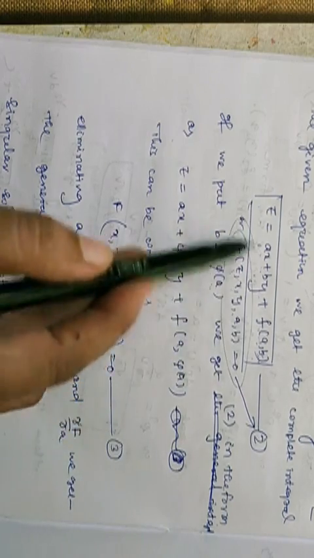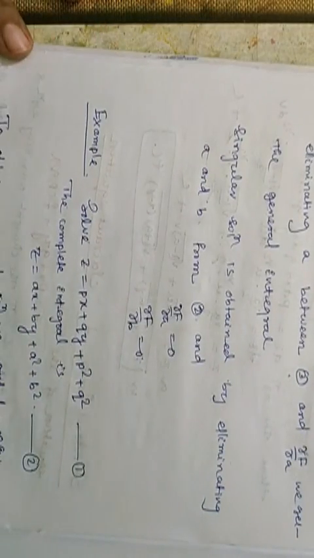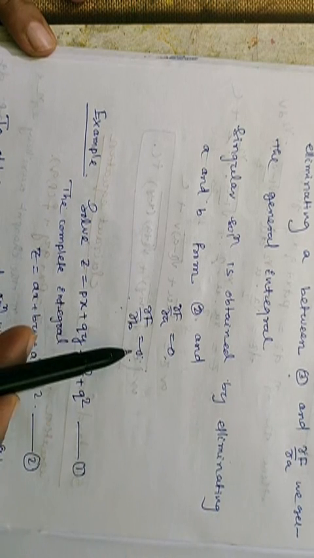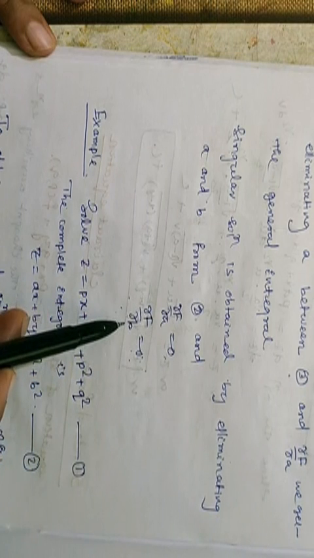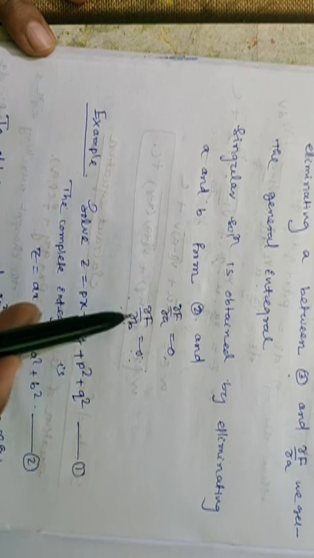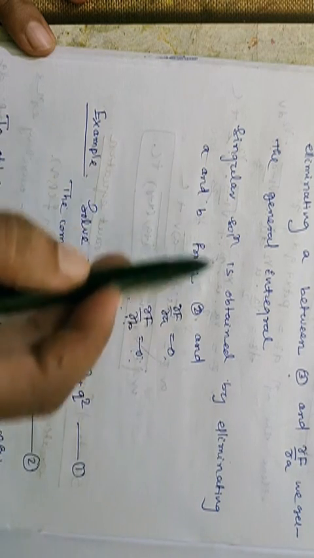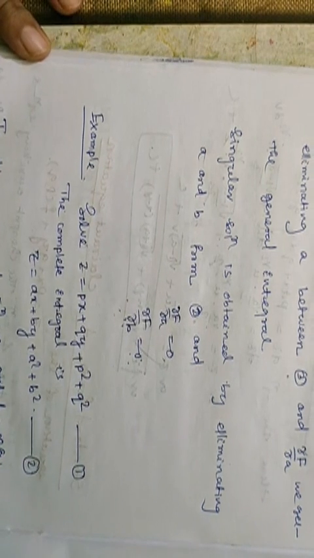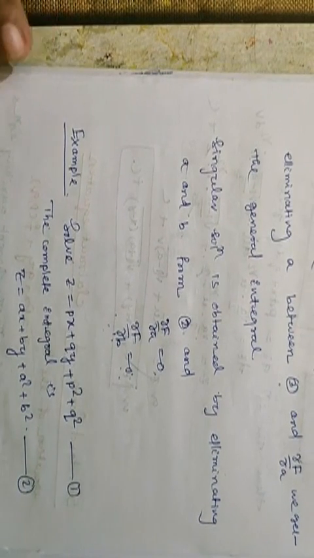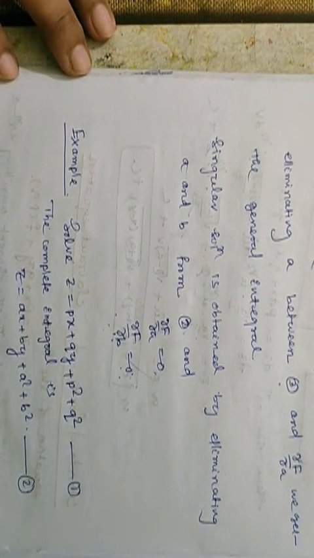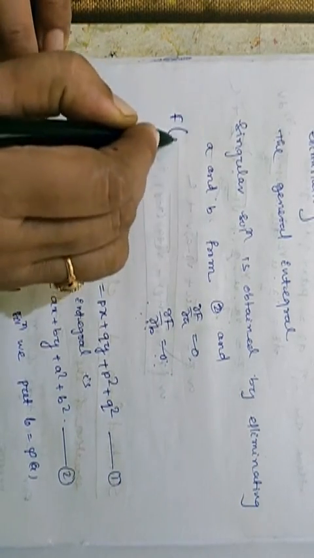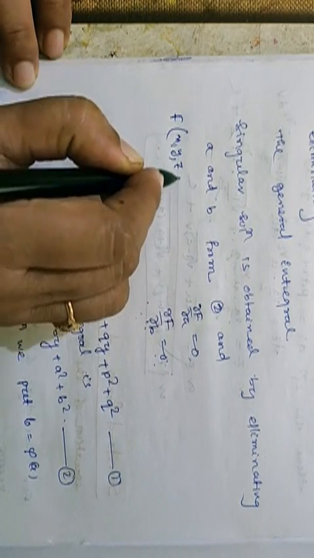Which is F(z,x,y,a,b) equal to 0. This is the complete integral. So take this equation and del F by del a and del F by del b. Del F by del a is equal to 0 and del F by del b is equal to 0. From these three equations, we can obtain the singular solution. So what is the technique to find the singular solution of this type of equation? What we will do is, we are given a function of this type F(x,y,z).